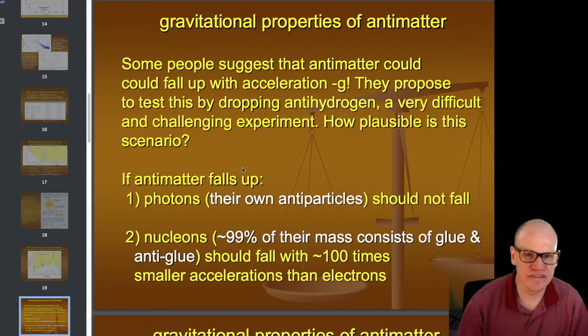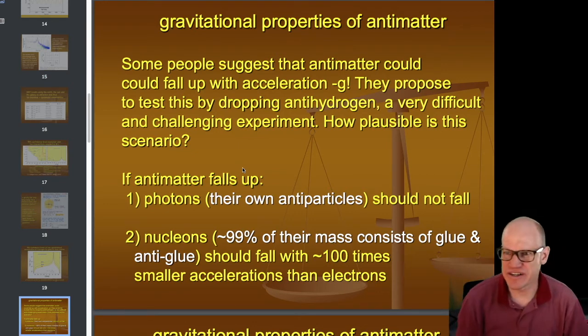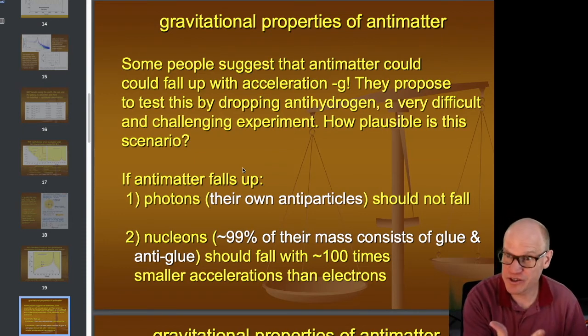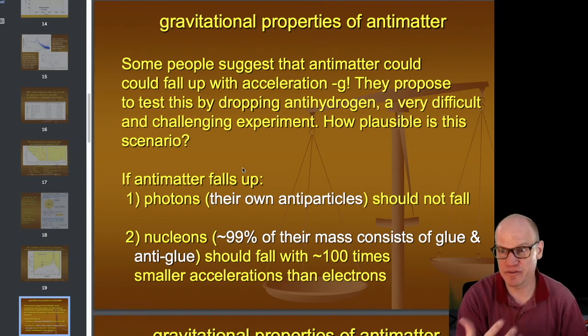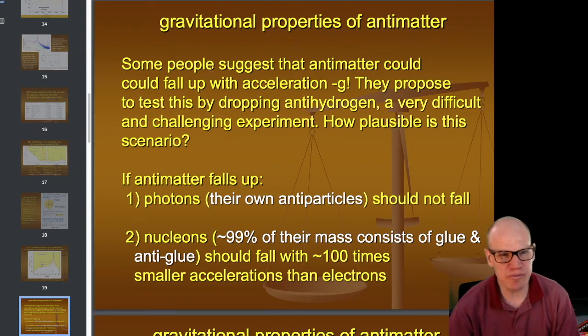And so, nevertheless, how do torsion pendulum experiments constrain the properties of antimatter? Now, I should point out, Eric Adelberger is very well respected in the scientific community, but the scientific community that does gravity experiments is not very big, especially torsion pendulum experiments. All right, some people suggest